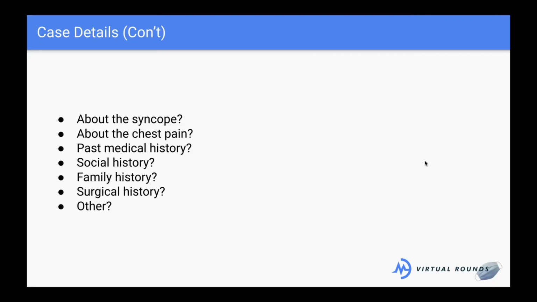Yes, excellent question, Seema. So we do want to know if he's had surgeries. He's got a lot of risk factors for a lot of things. Does he smoke is huge because he's got so many risk factors. Drinking, drug use, those would all go in the social history. Emily's asking if he has trouble breathing. Absolutely, we want to ask because the heart and the lung are neighbors. And so even if this is a cardiac problem, maybe his lungs are also bad, especially if he smokes.